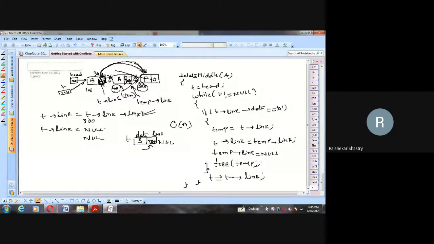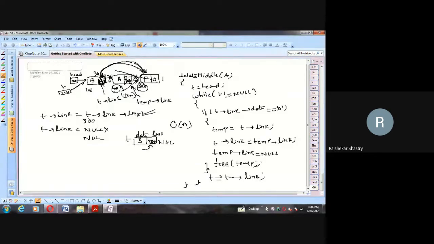The node which you are deleting, its preceding node should hold the address of the succeeding node of the node you are deleting. So the first statement will absolutely work. But the problem is the second will not work, because whatever hard work you did in the very first statement is completely vanished because you have simply stored null. As a result, if the chain consists of hundreds of nodes, you will lose all those hundreds of nodes, because you immediately removed that link of the entire chain. So we should not do like that.